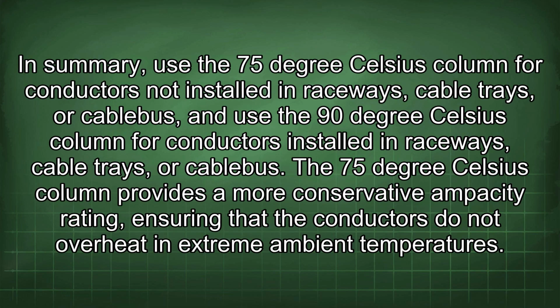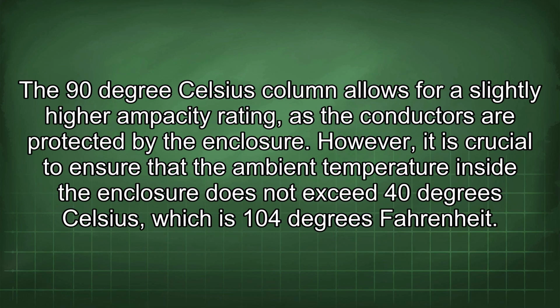In summary, use the 75°C column for conductors not installed in raceways, cable trays, or cable bus, and use the 90°C column for conductors installed in raceways, cable trays, or cable bus. The 75°C column provides a more conservative ampacity rating, ensuring that the conductors do not overheat in extreme ambient temperatures. The 90°C column allows for a slightly higher ampacity rating as the conductors are protected by the enclosure. However, it is crucial to ensure that the ambient temperature inside the enclosure does not exceed 40°C, which is